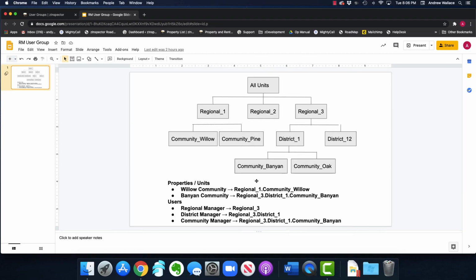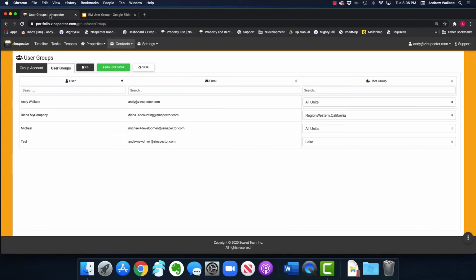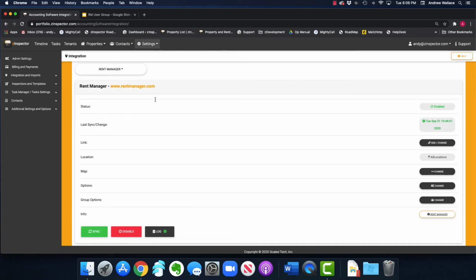So now what I'm going to do is, we've covered in ZInspector how your data, timeline, tenants, properties, where your properties sit, where your groups sit. There are search tools, you can do this manually. But if you are synced up with Rent Manager, the rest of this video is going to be covered on that topic. So under Settings, under Rent Manager,